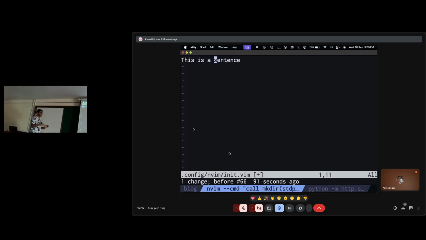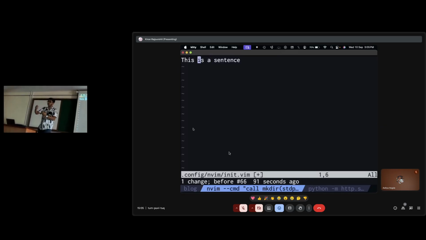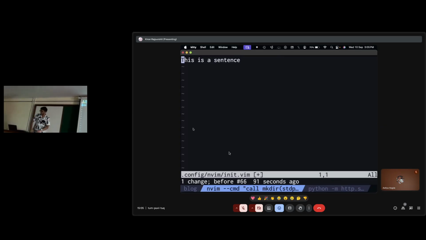So these are called motions. What motions do is that they help you move through text. You see how with HJKL you can move up, down, left, right. W and B help you move by entire words. And 0 is also a motion. I mentioned 0 moves to the start of the sentence, and pressing dollar goes to the end of the sentence. So these are all motions. You can couple these motions with something called a verb, like some kind of action, like a delete action, or a change action, or a copy action. The copy action is called Y. It starts with Y because you're yanking it out.